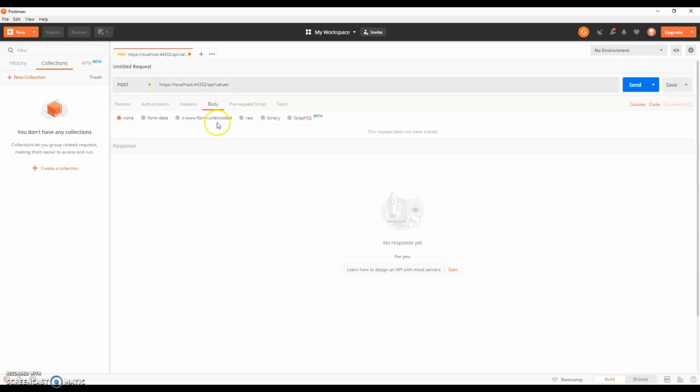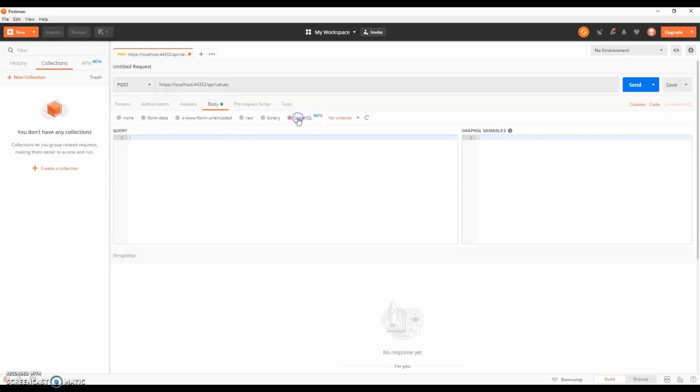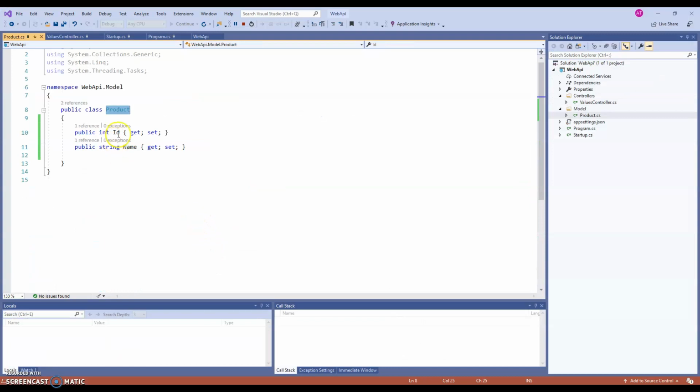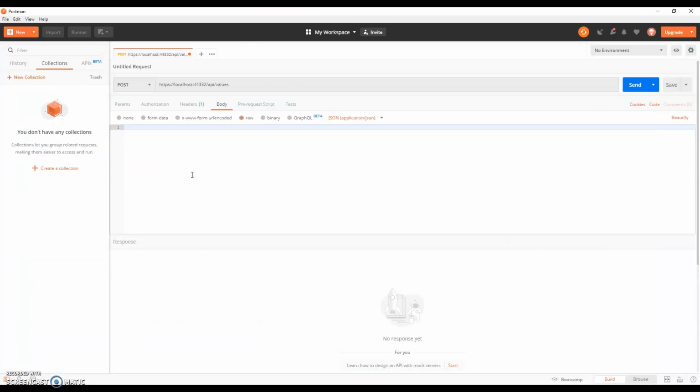And let's go to the body and let's create some raw data. And I'll pass the JSON data here. So our format here is ID and name. So this is how you create a JSON. Then you type the ID. We can put ID is 200. Name. We can put test. So now what should happen is when you send this request to the server, we should